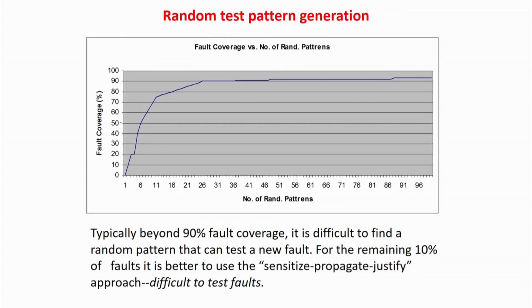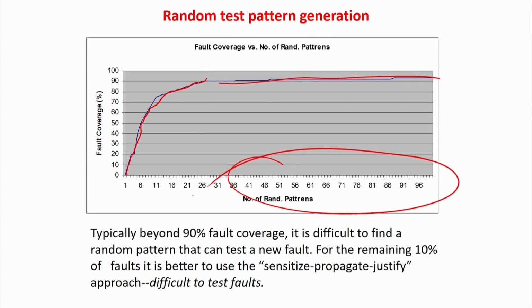Very simple logic. After some time, you will find out that with new test patterns, the number of faults being detected will become very high. But after a certain amount of time, you will find out that even with new random patterns, this is almost flat or a slight increase. That is, the first random pattern you take, 100 faults get detected. Second random pattern you take, another 100 faults detected. Then 80, then 70. New faults will get detected by each new random pattern you are taking.